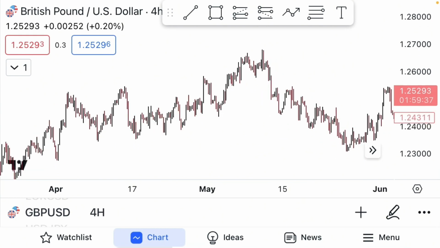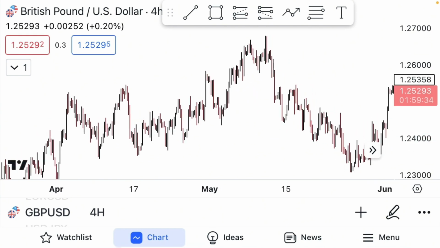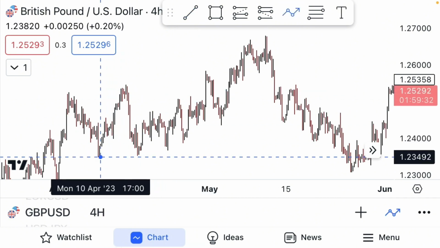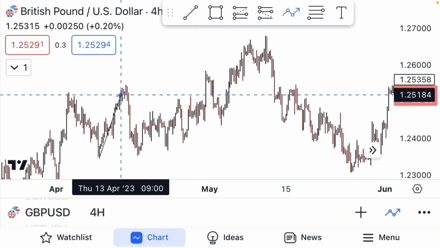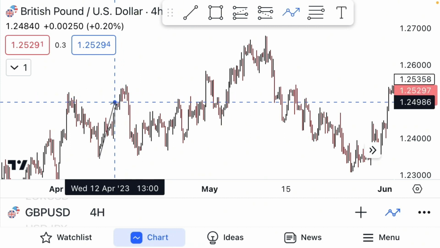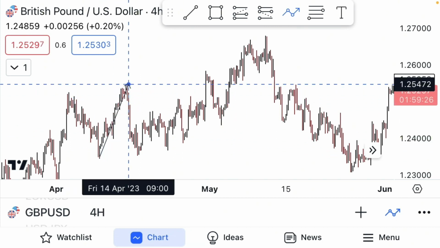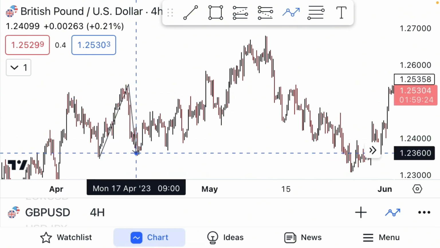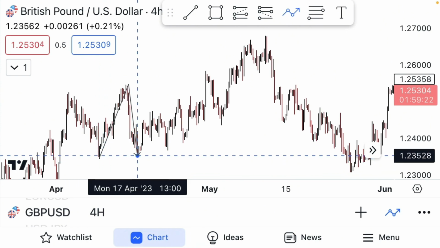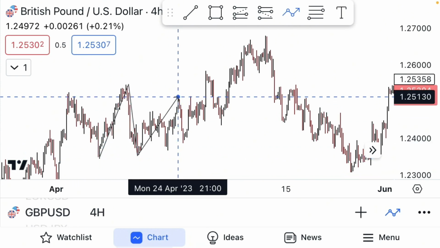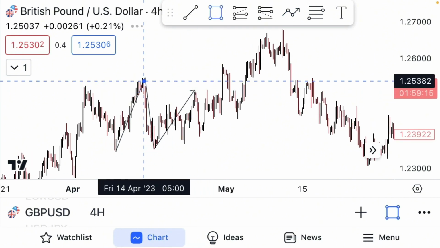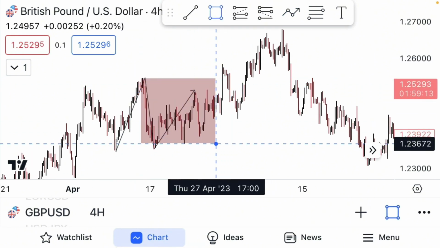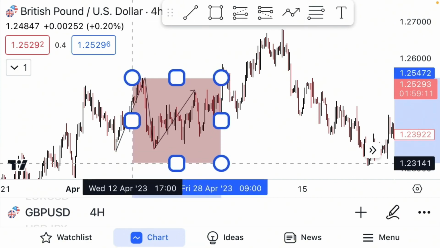Okay, let's see. As the market came to this side, this was the highest point it went to, this was the lowest point, and this is the highest point. Now coming down, it came down to this area, refused to break this area. Going up, it came to this area, refused to break that area as well. So this is a little phase of consolidation. Okay, that's why I said